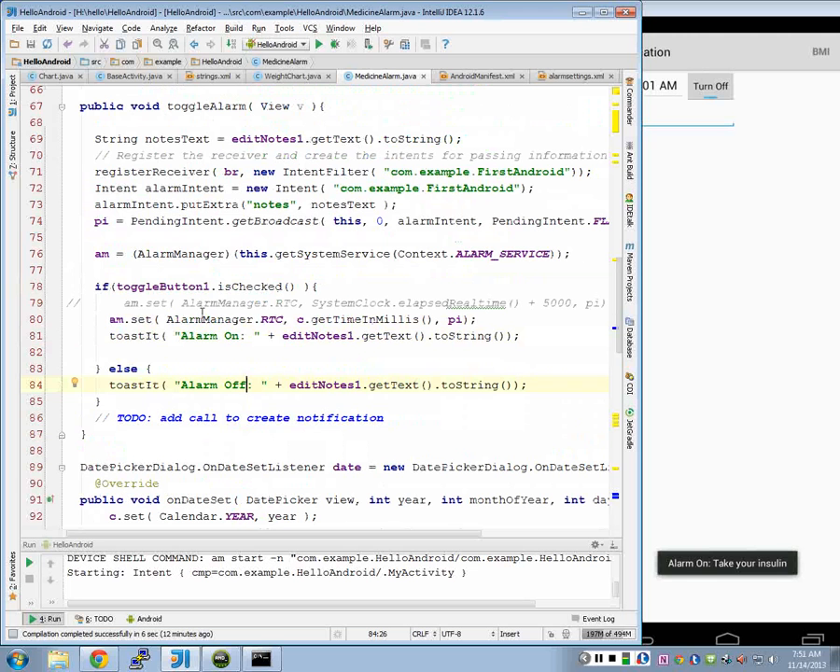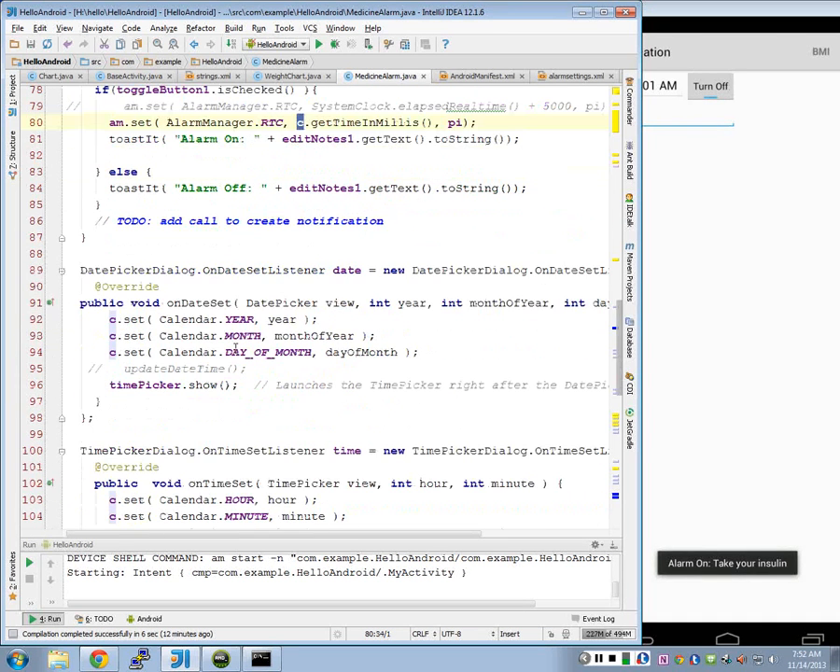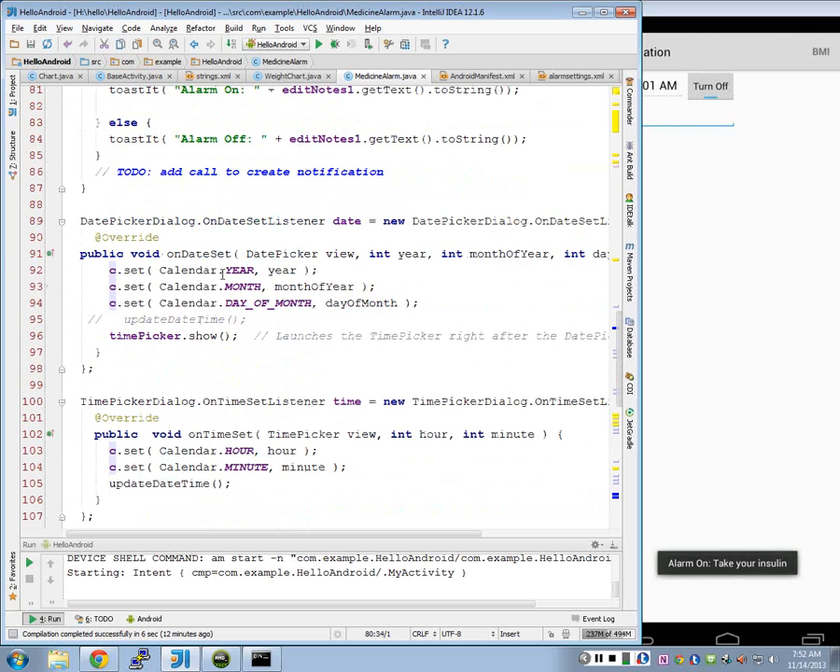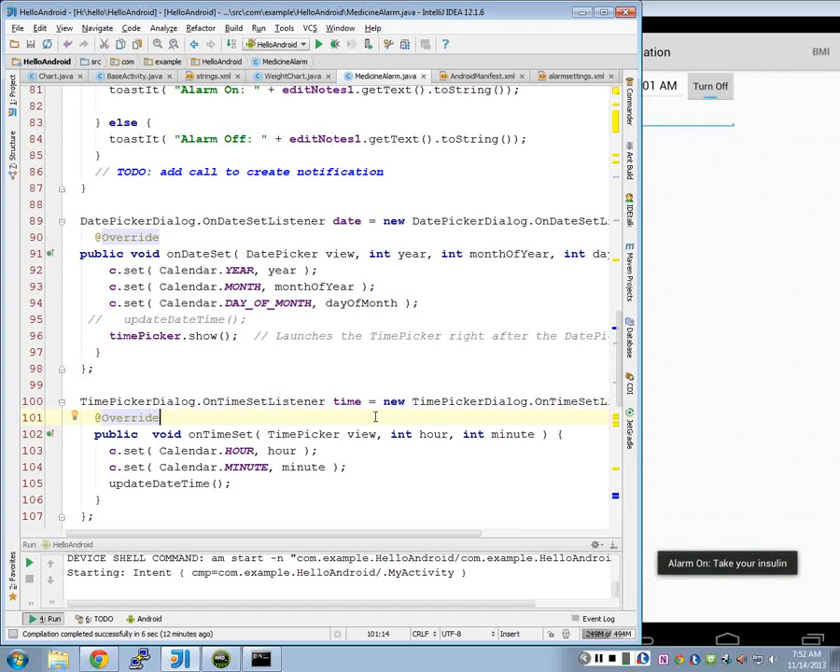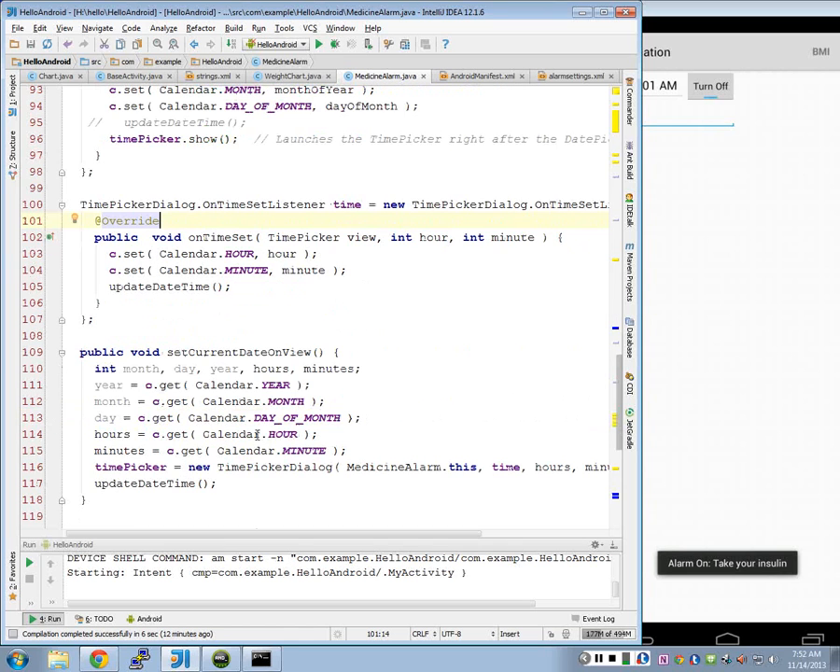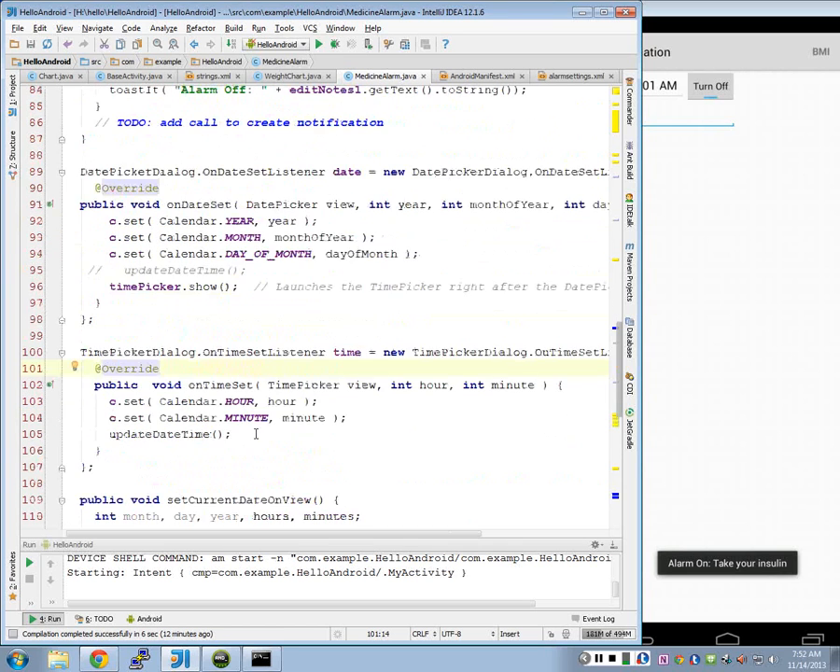So the only thing I had to change from yesterday was calling this get time in millis, and this calendar object was set based on those date and time pickers. So that's really simple. You've already done those for the blood sugar logs that you're doing, so that should be relatively straightforward. So the next thing,